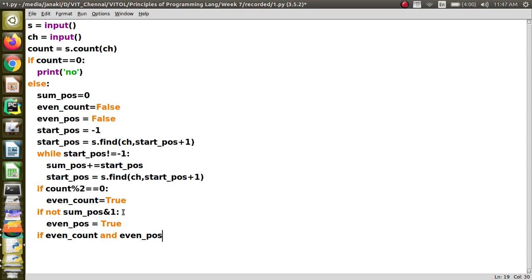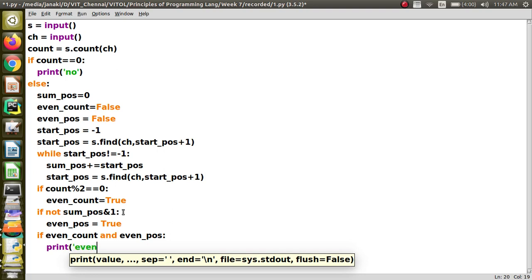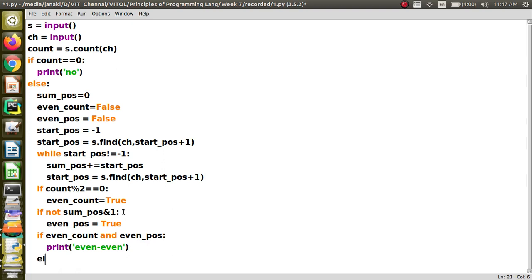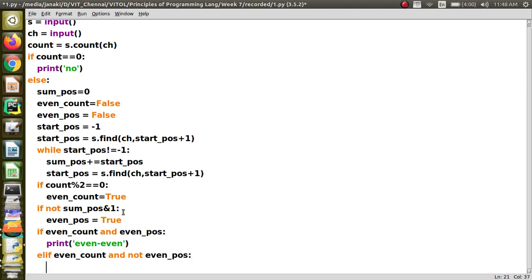If both of them are true, then it means that the string belongs to the even category. Else if, how do we write else if? It is elif: even count and position is odd, not of even position. That is how we can check whether it is odd. Sorry, here it should be underscore. Then we are going to say print even odd,